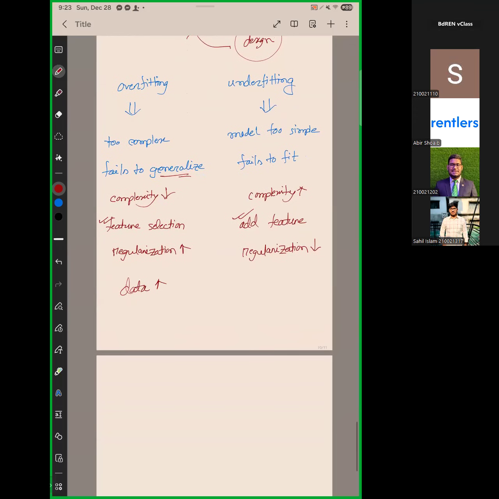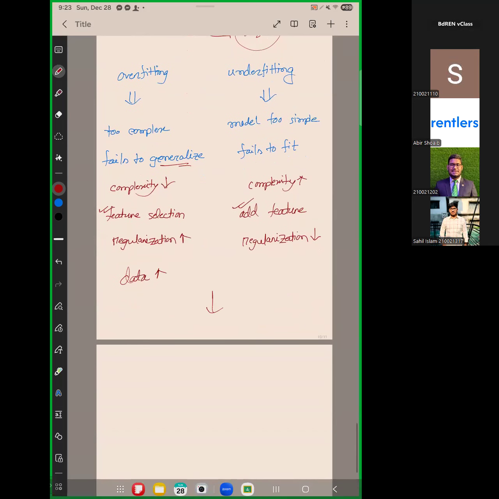এগুলা ছোটখাটো কোশ্চেন আসতে পারে। আচ্ছা, সো বেসিক্যালি ইউ ওয়ান্ট সামহোয়ার ইন দ্য মিডল। ওকে, নট টু আন্ডারফিটিং, নট টু ওভারফিটিং। সো এই জিনিসটাকে বলা হয় বায়াস ভেরিয়েন্স ট্রেড অফ। ওকে, I have used this term before. I will talk about it later again. So bias variance trade off means, overfitting scenario is called high variance, আন্ডারফিটিং সিনারিওটাকে বলা হয় হাই বায়াস।